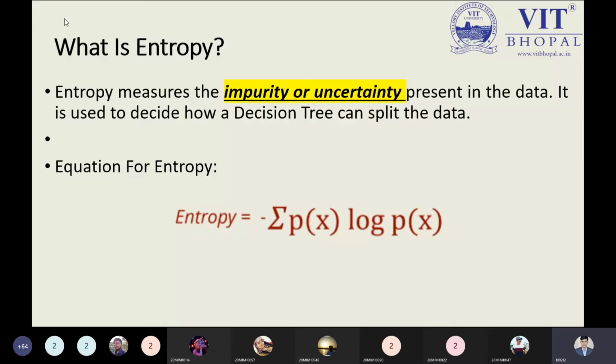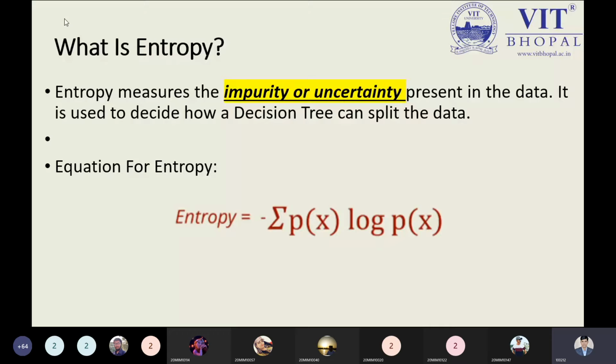The equation of entropy is: entropy equals negative, minus the summation of p(x) log p(x). Here x is our variable, the point we have to choose. I'm saying once again, entropy is equal to minus the summation of p(x) log p(x). Why are we using the summation? Because we are not talking about just one feature or one data type. We can have different types of data, so based on the data we have to determine p, where p stands for probability. So p is the probability by which we have to solve this problem. You have to understand this equation and keep it in mind properly, and step by step I will tell you.